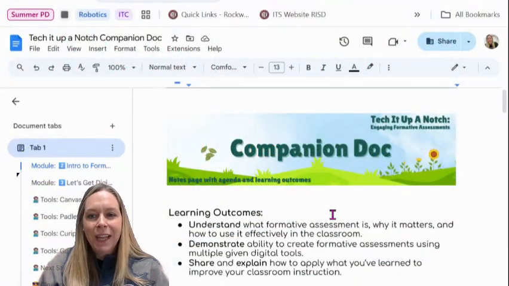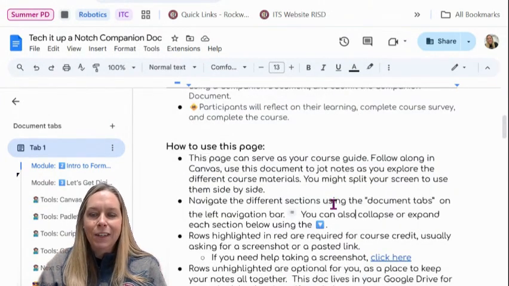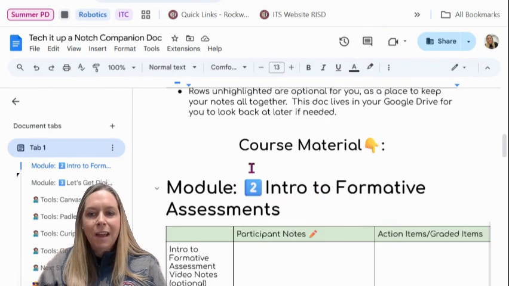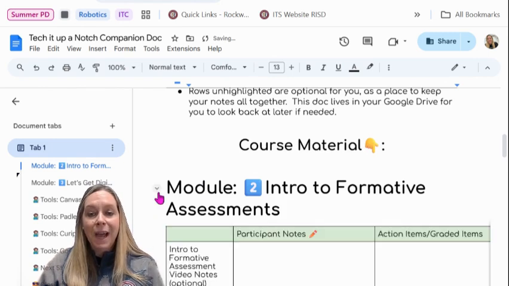To navigate your companion document, up top there are learning outcomes, course requirements, and how to use this page if you need. But down below is all of the course material. You see sections that go with each module in the course. You can collapse these sections by clicking the little down arrow on the left, or expand them by clicking it to open back up. In each section, you will see the title that goes along with the section in Canvas,